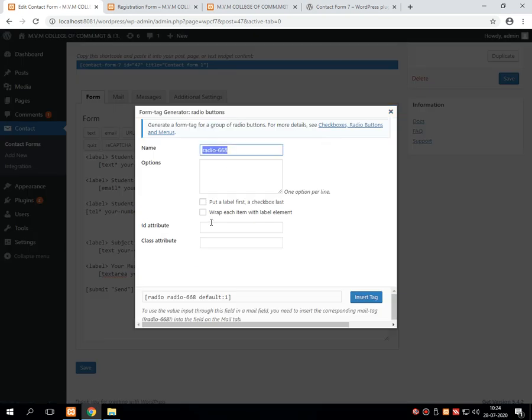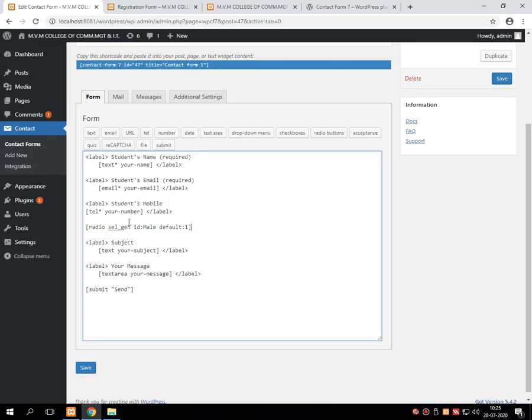I am giving the name of radio button cell underscore gen, that is for gender. Then I am giving an attribute, for example male, and I am inserting this particular radio button over here, saving that radio button.